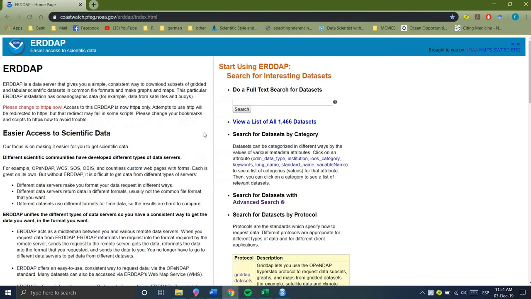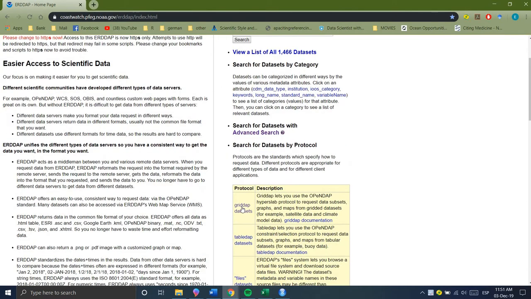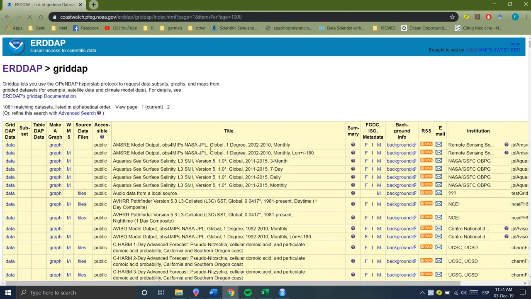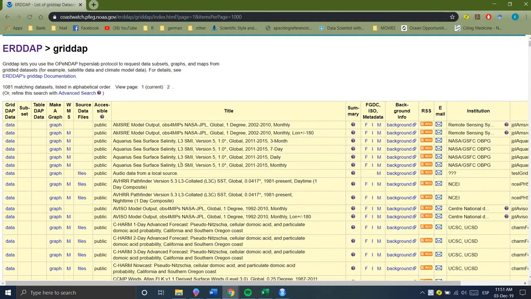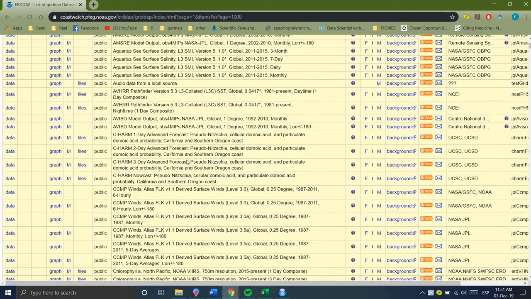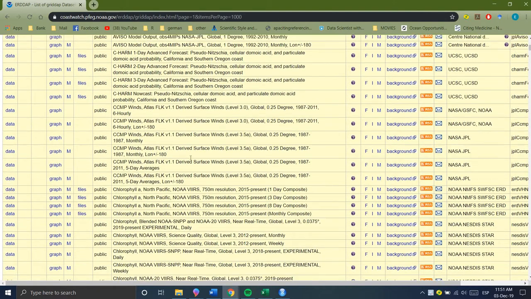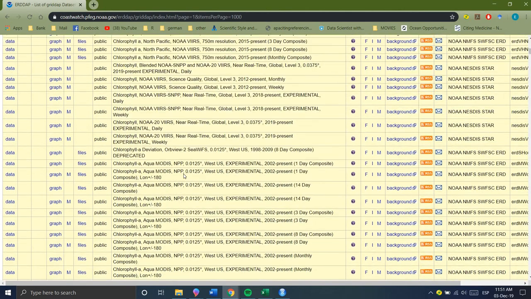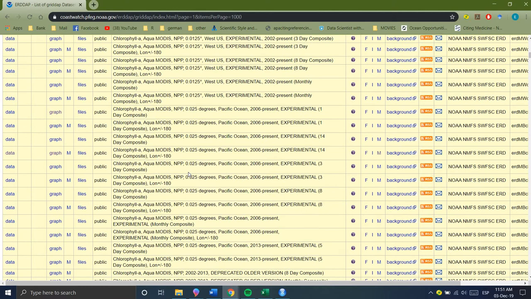So here in the main page, in the home page, we just go where it says Grid DAP datasets. We click on there, and there we will have a list of all the variables that are available in this dataset. So you will find chlorophyll A, sea surface temperature, salinity, and a lot of other variables that you can use. So depending on what you want to study and what you want to do, here you can have a guide. So for example, we're going to see the variable of chlorophyll A,